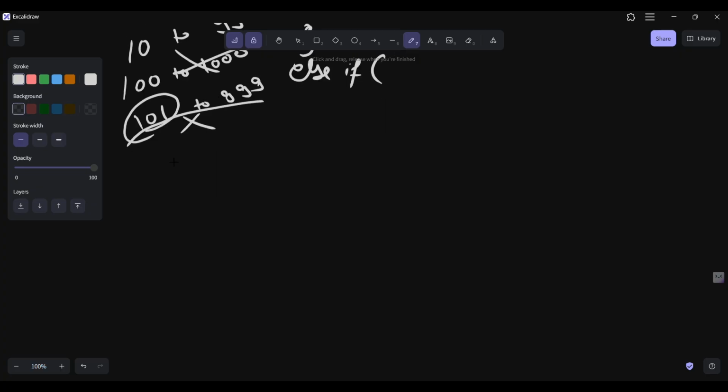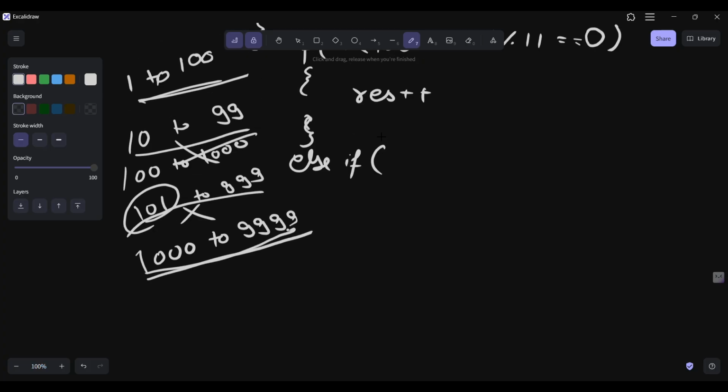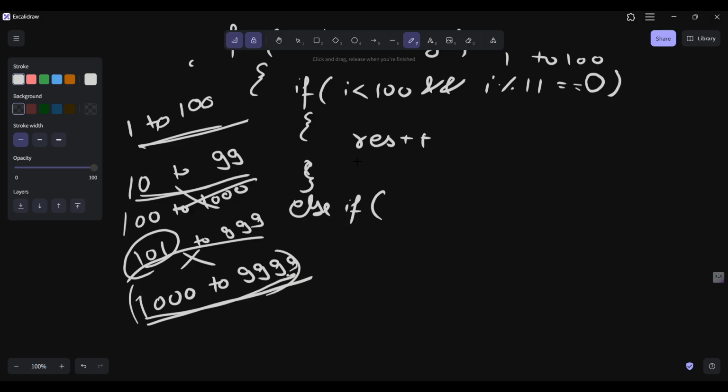So simply the answer would start from 1000 to 9999, or 10,000 you can say. So these are the valid ones, that is 10 to 99 and 1000 to 9999. So simply we have to write only else if conditions, one condition for this and one condition for this. So we will write else if